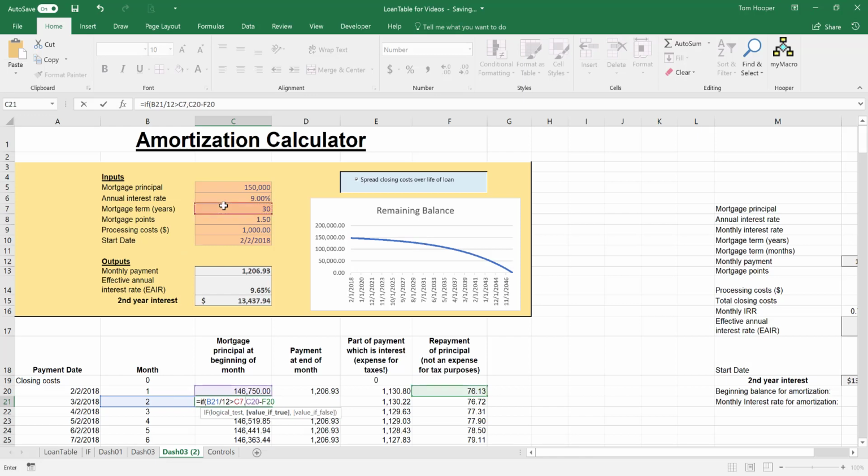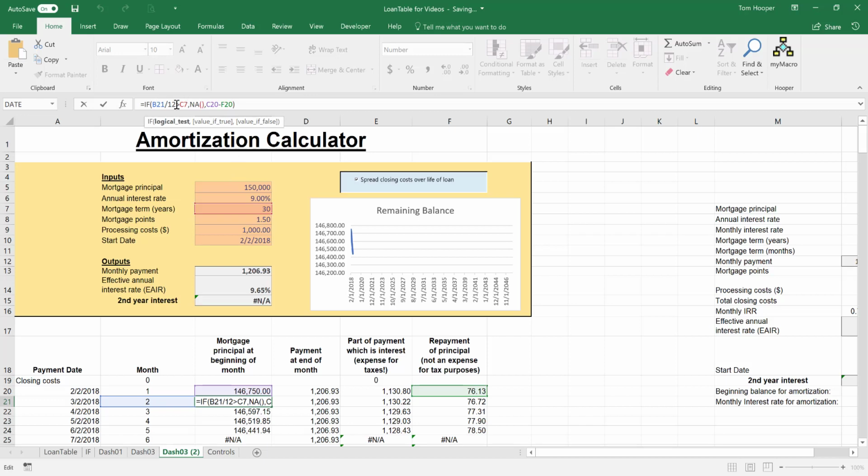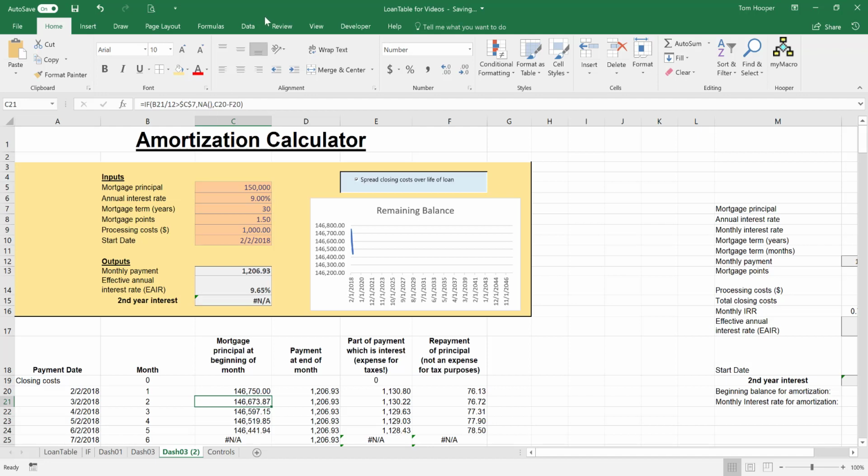then if that is true, I'd like you to put in an NA formula, which simply means not available or not applicable. If that's not true, then go ahead and calculate that principal balance as it was normally intended. Then if we copy that all the way down, after locking the cell C7, and if we copy that all the way down,